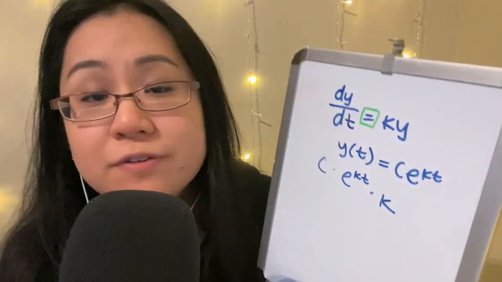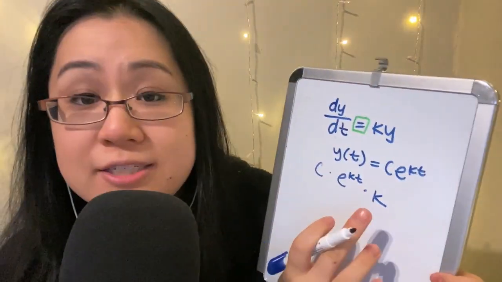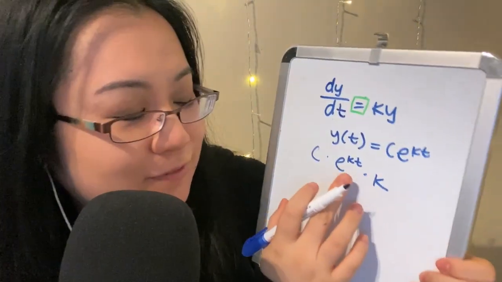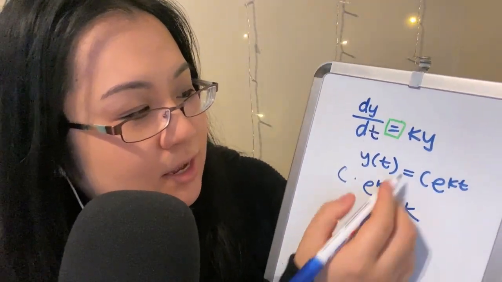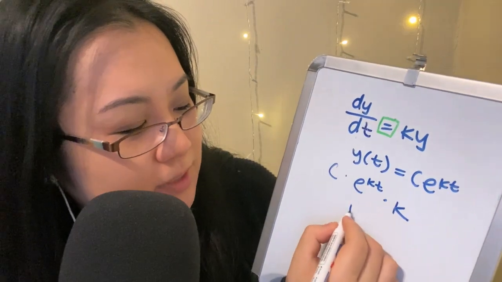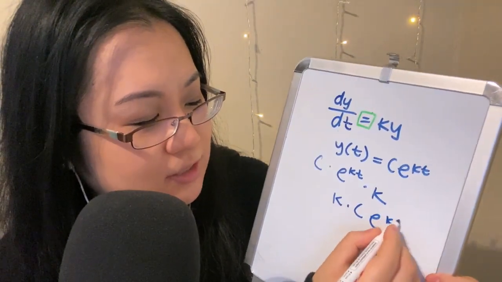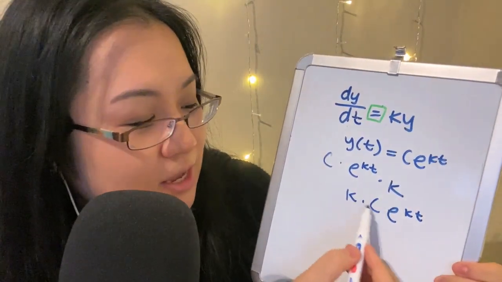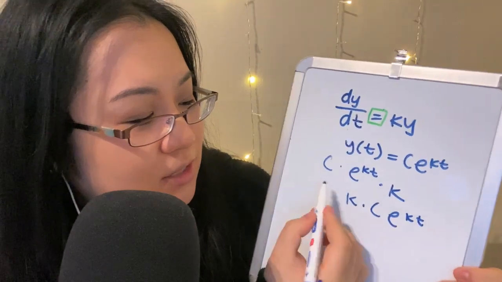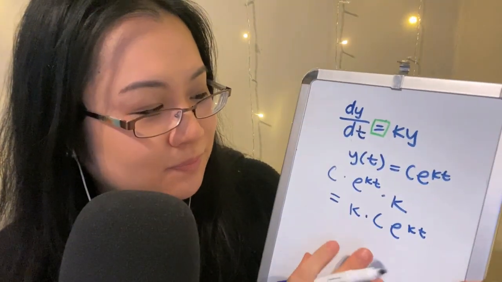Because the derivative of kt, if it were just t, would be e to the t. But because there's a kt, it's multiplied by the derivative of kt, which is k. And that is this left side. And k times y is going to be k times literally this y, C e to the kt, and these two are indeed the same. C times k, k times C, e to the kt, e to the kt. So both sides are equal now.